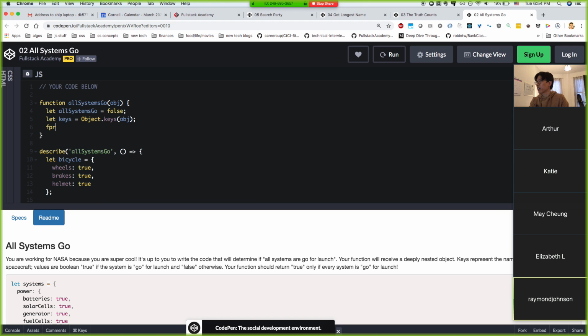And then I'll say i = 0; i is less than keys.length; i plus plus. And then I can say the value is keys[i]. Say if value